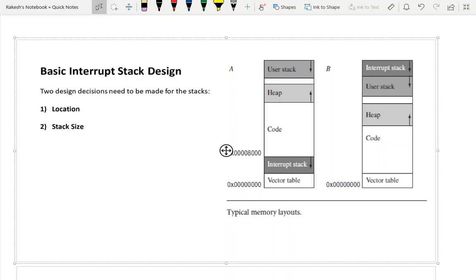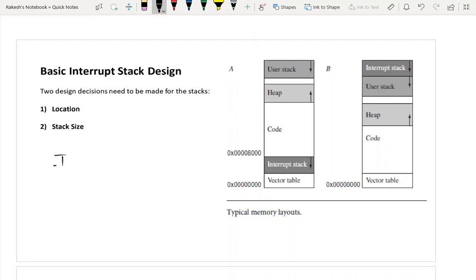Okay, in this video, we are going to discuss the stack design. What we are going to learn is how exception handlers make extensive use of stacks. We already know that whatever mode we have, IRQ mode, FIQ mode, SVC supervisor mode, all these modes have their own stack pointer. The stack pointer is the register R13.